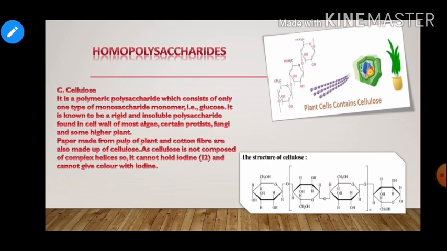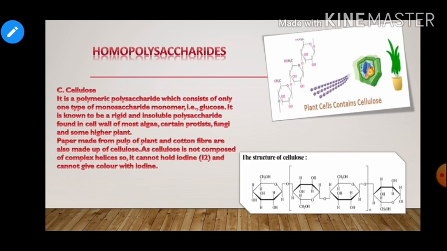It is known to be a rigid and insoluble polysaccharide found in the cell wall of most plant cells. Talking about paper made from the pulp of the plant, and cotton fiber, they also contain cellulose. They are also made up of cellulose. As cellulose is not composed of complex helices, it cannot hold iodine and cannot give any color with iodine,